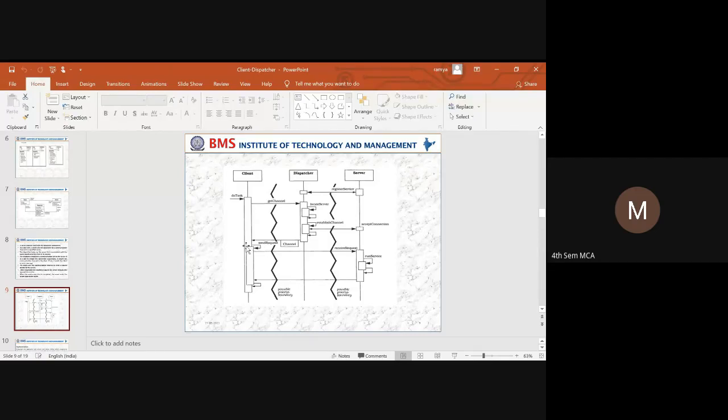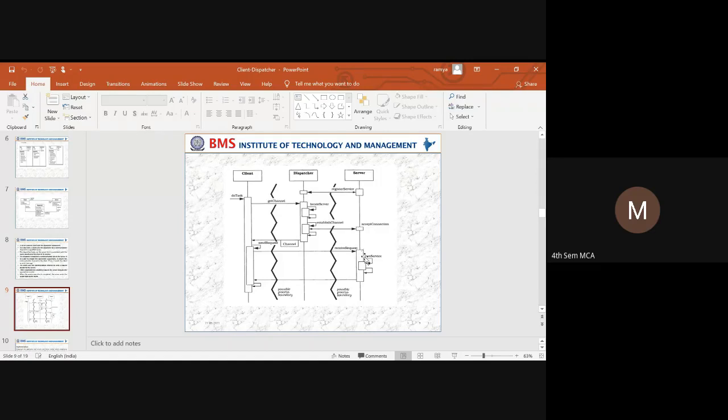the request to the client. The channel will be returned back to the client. Then it will do post-processing. Once the client makes the request, the server will receive the request.